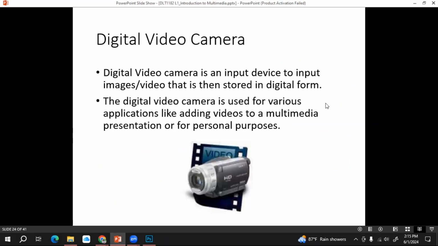Digital video camera. It is very similar to a digital camera, but there are some differences. Using digital video cameras, we can take images as well as videos. A video is a collection of image frames, right? Let's say you have to get a video for a specific scenario. It will take some images very quickly.